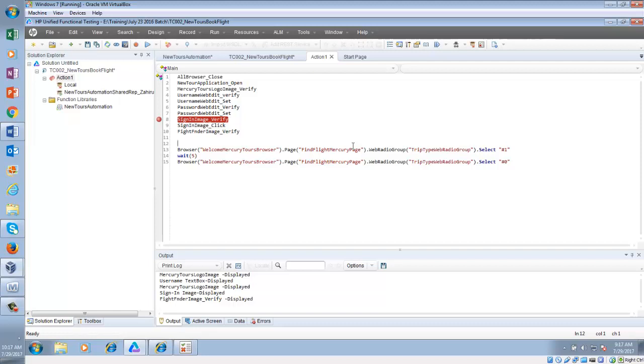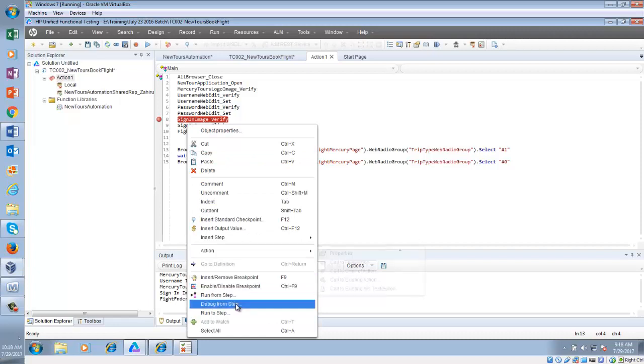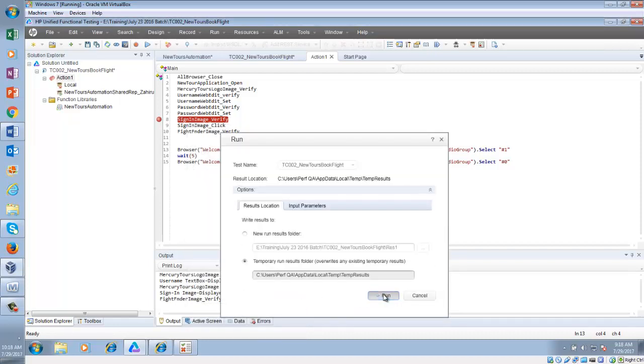Yeah, that is fine, but my purpose is to select one way. The index of one way is 1, but to show you something I'm showing this. You do not have to do that. I'm just showing you how this works. So run from step.